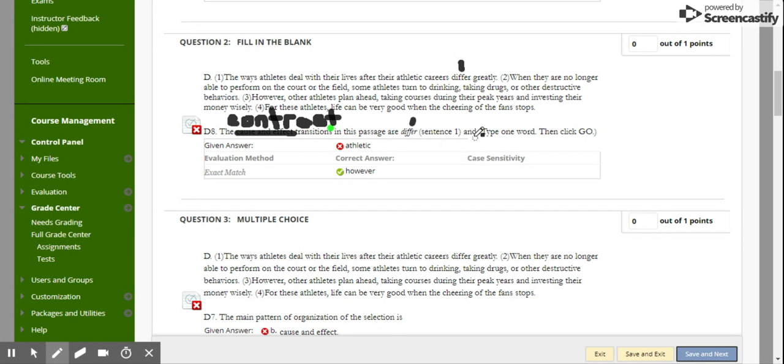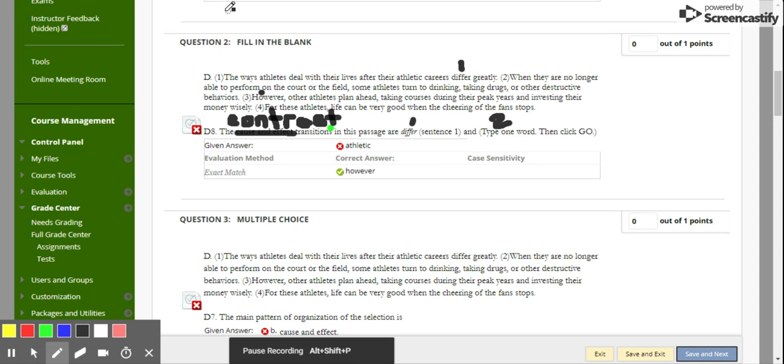It says and you're supposed to find number 2. So you need to look through the paragraph and find the other signal word, okay, the other transition word that shows contrast. And so that is number 3, however. Okay, now how could you know that? Well, if you go back to the PowerPoint